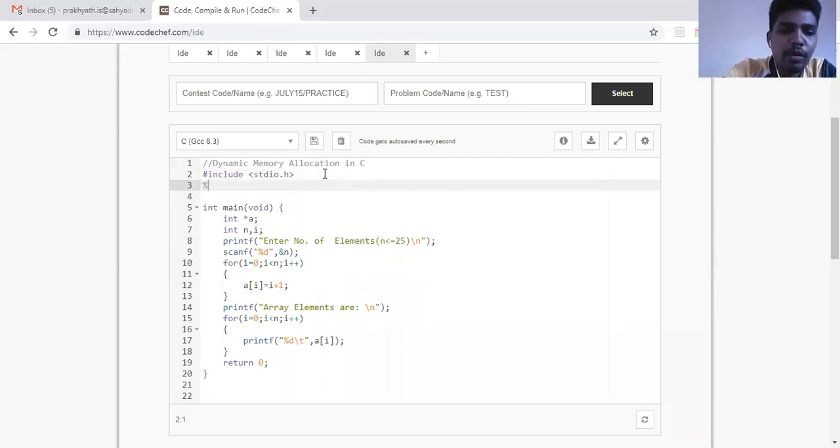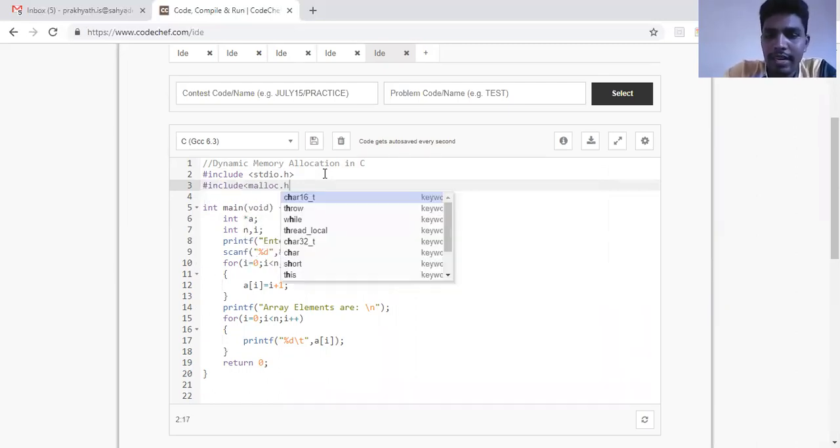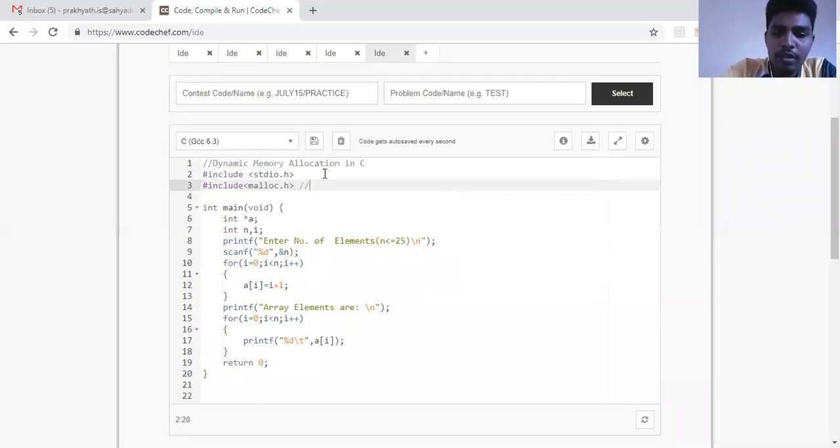So we need to include a special header file whenever we go for dynamic memory allocation. And this is called malloc.h. That header file has a few functions for us. For example, it has malloc, which we are using. It has calloc, and these are some dynamic memory allocation functions which we are using in our program.